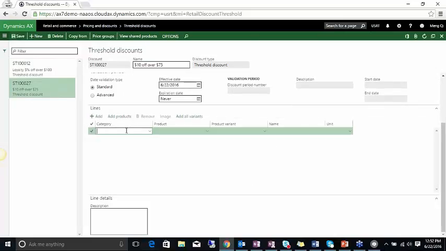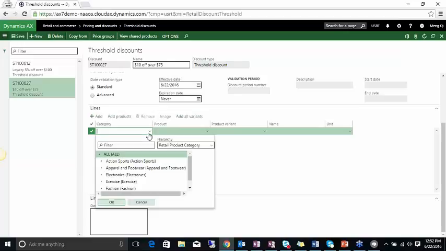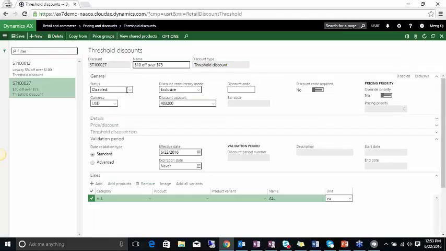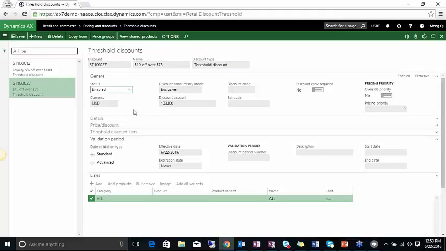So let's add a line here. Since this is a threshold discount, and I'm going to say it's $10 off 75 for all of my products, let's select the all and select OK. Let's add a unit and save. And that's basically it, and you've created a threshold discount. The only thing you'll have to do at this point is change the status from disabled to enabled. And this discount will be applied for